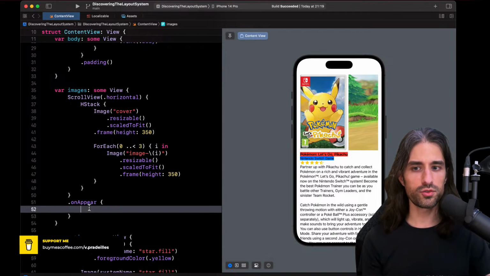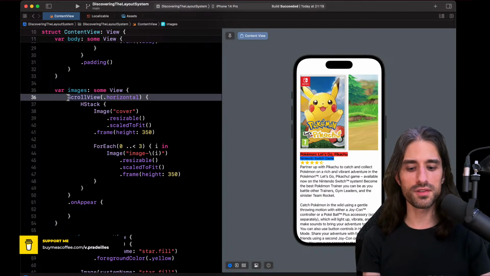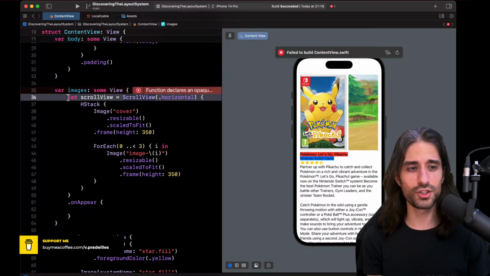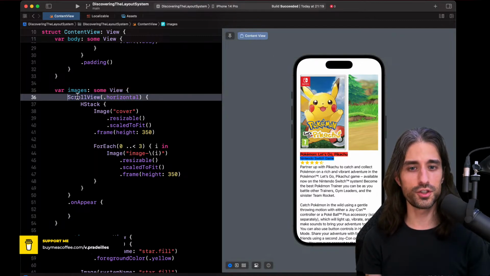But inside the closure we pass to onAppear, how can we interact with the scroll view? We need a way to say, okay, I want to ask my scroll view to do something. How can we do it? We could try to do some weird things, like maybe storing the scroll view inside a variable. This might be the logic you have if you were thinking like we do in UIKit, in the imperative world. You need a variable that allows you to refer to the object, except that here it's not an object. The scroll view is not an object, it's just a description of what you want, just like any SwiftUI view.